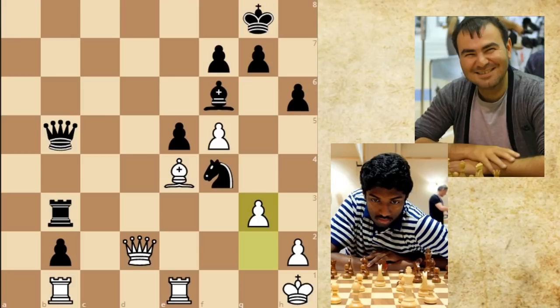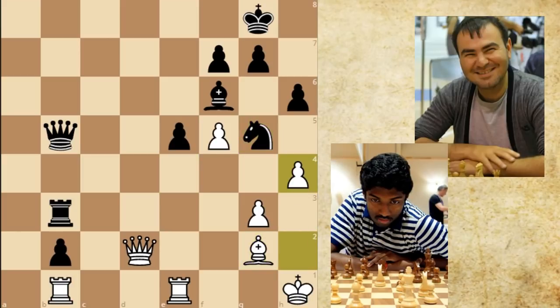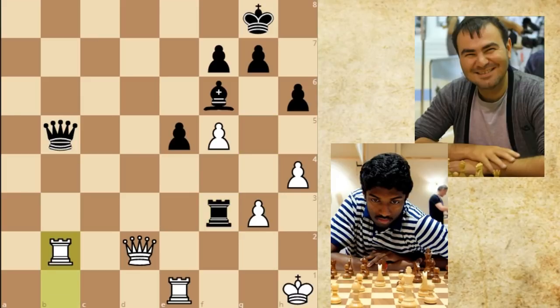g3. This knight doesn't have a lot of squares. It goes to h3. Bishop d2 pushes the knight, and now knight has to move again. Knight to f3. So we have this trade-off. White gets the b pawn,